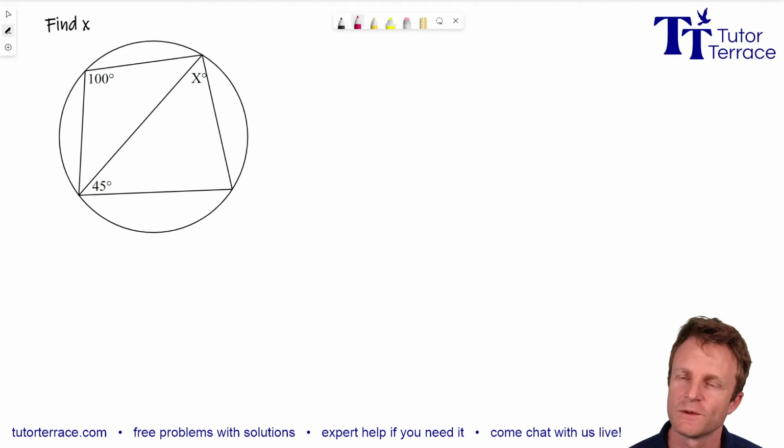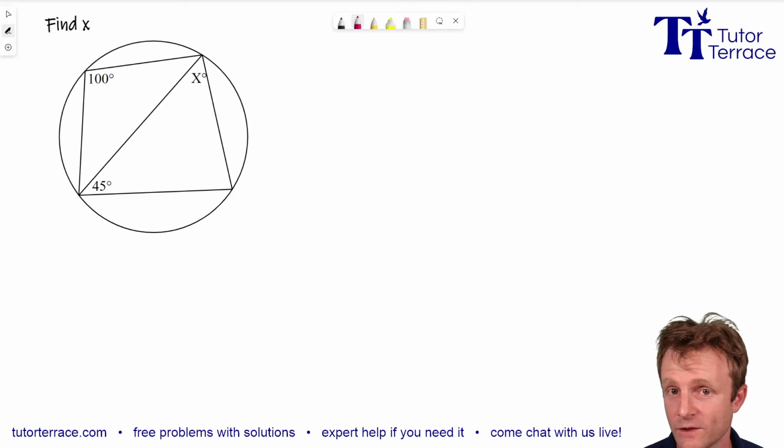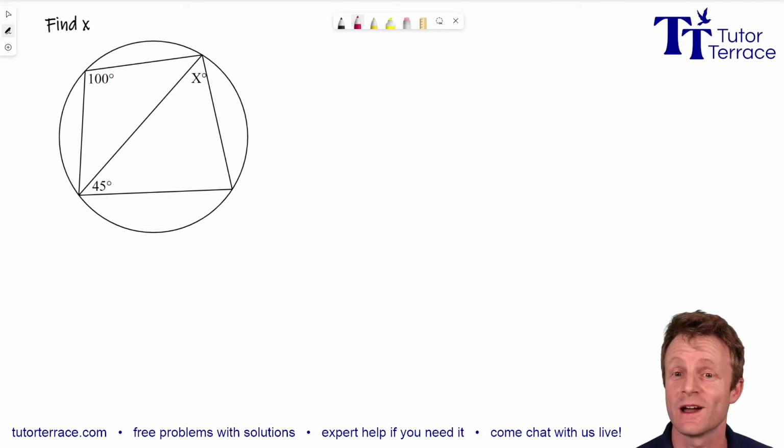Here's an interesting geometry problem. Give the video a pause while you work it through. Okay, here's the solution. When you see triangles drawn in circles, you should remember your old friend the inscribed angle